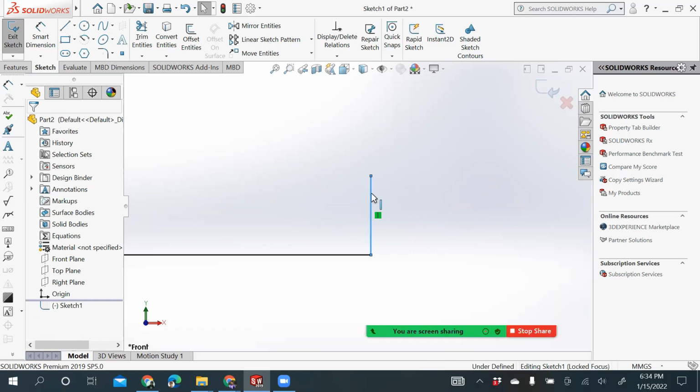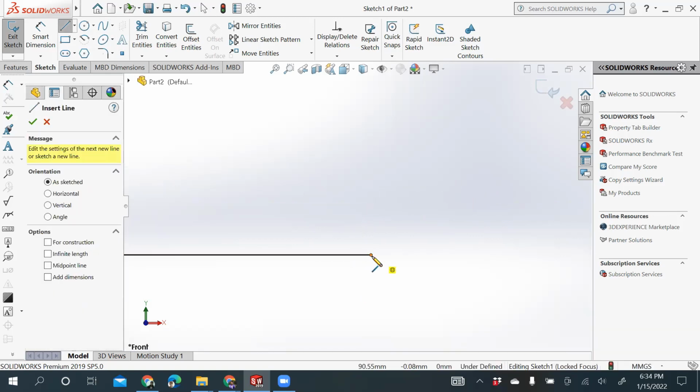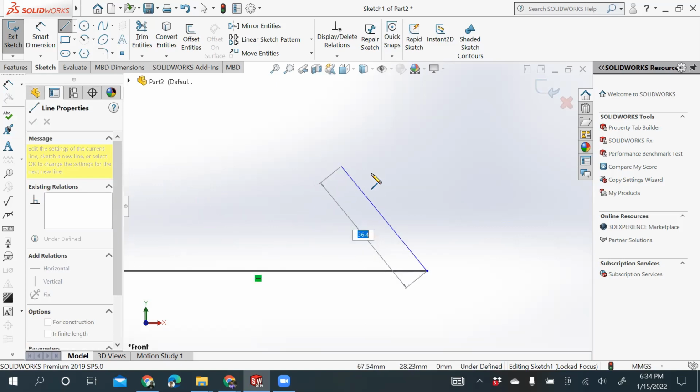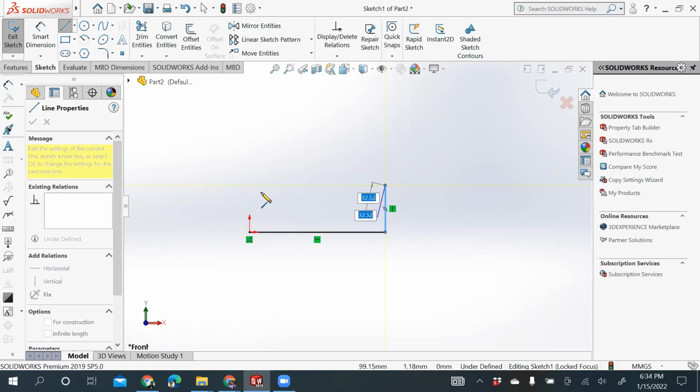I'll select this line and delete it. I'll again go to this tool, pick this point. What I want is a horizontal, not a vertical line. So as soon as I see this particular relationship holding for this line, I'll just click on this point. And now I have a vertical line here.